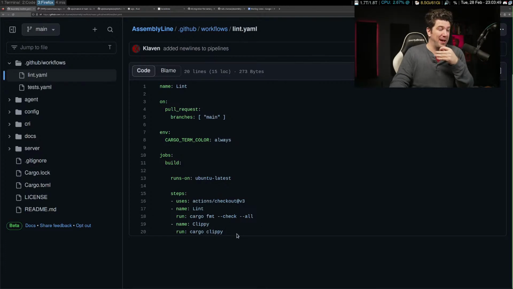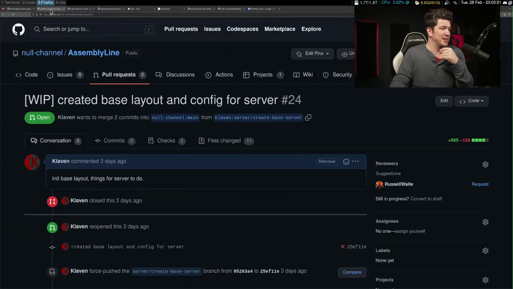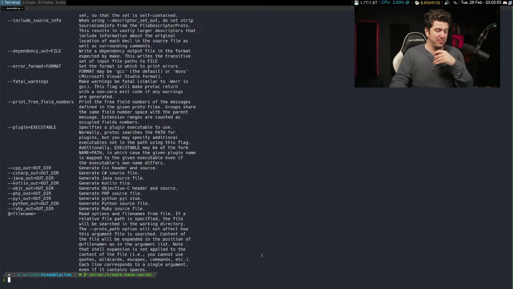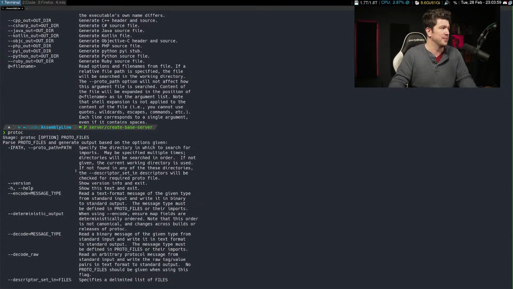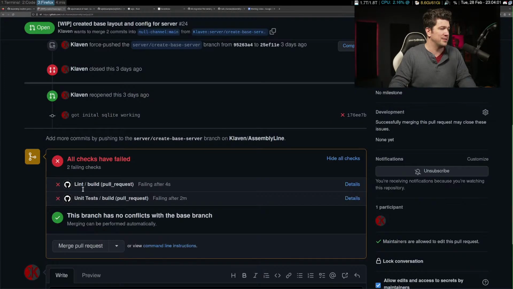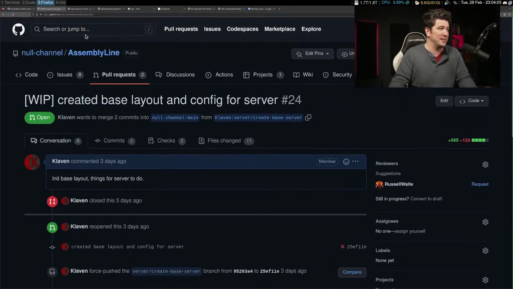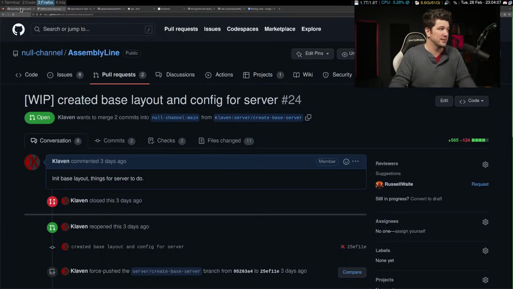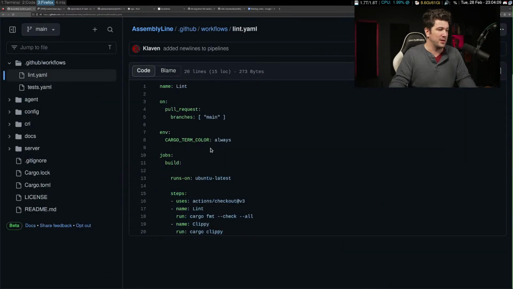this is a GitHub action that runs this. This was the failure. You can see these are failing, but that's because it doesn't have Protalk, which I have here and prove that I have here. Basically, we said that it needs to run on every pull request. It runs on a pull request to the main branch, and we're just running lint and Clippy, and those need to pass.